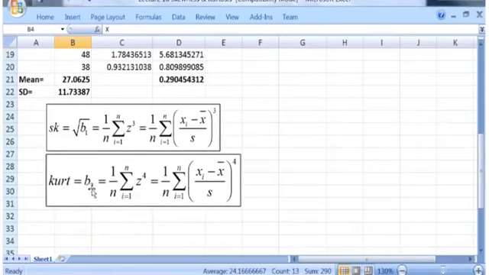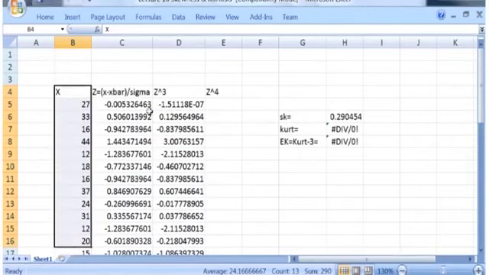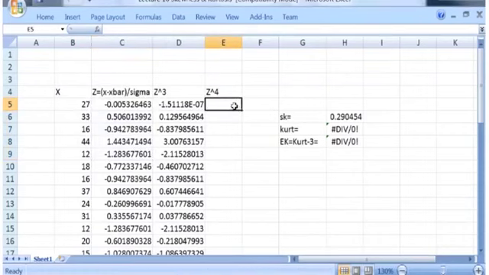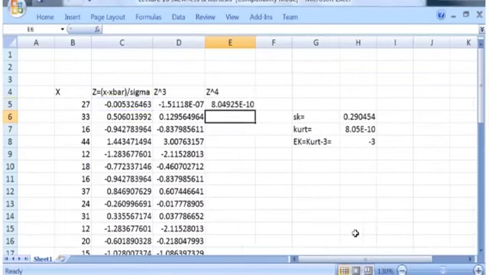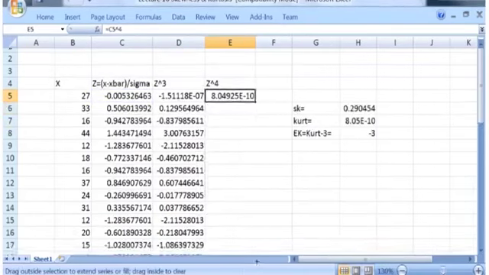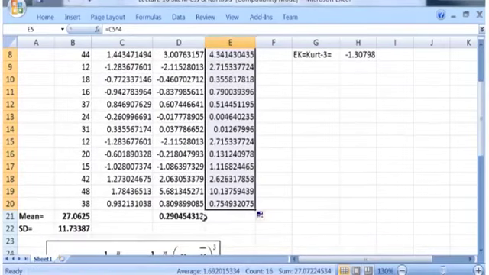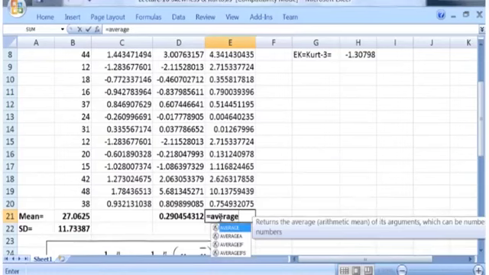So kurtosis is b2, which is 1 over n into summation z raised to power 4, or we can replace this z by x minus x bar over s, which is the sample standard deviation, and x bar is the sample mean. We have already calculated this z, so we need to calculate z raised to power 4. So it means C5, then the caret sign, the power sign, and then 4. Then copy this formula downward,